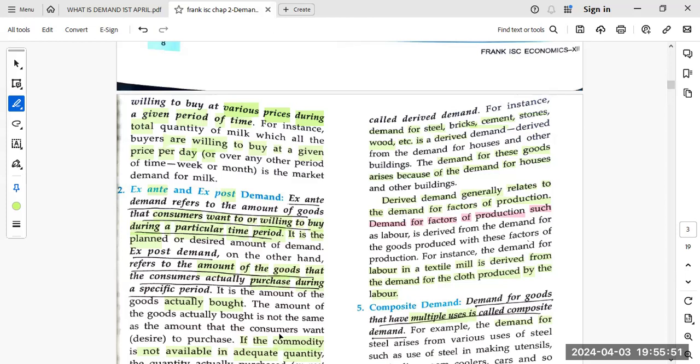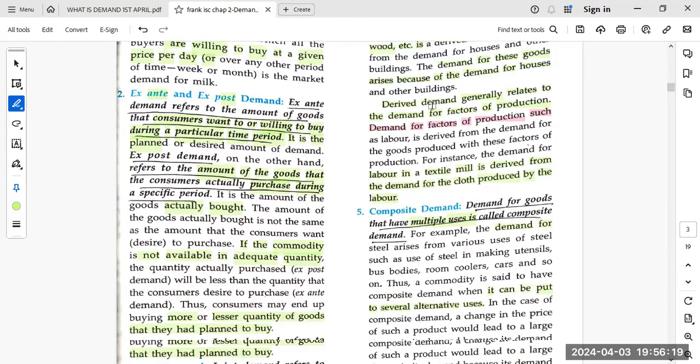This is how you're going to differentiate between derived demand and joint demand. Just because the house has come up, that doesn't mean you purchase a house and a maid together. Whenever you purchase a house, do you purchase a house and a maid together? No, that is not a joint demand. It is not necessary to purchase a house with a maid. So it's a derived demand. I purchased a house, I'm staying here, now I need a support staff. That is the derived demand.